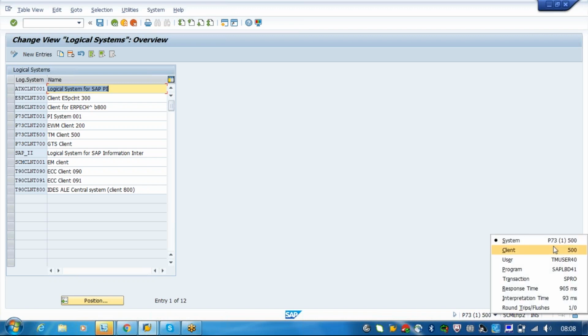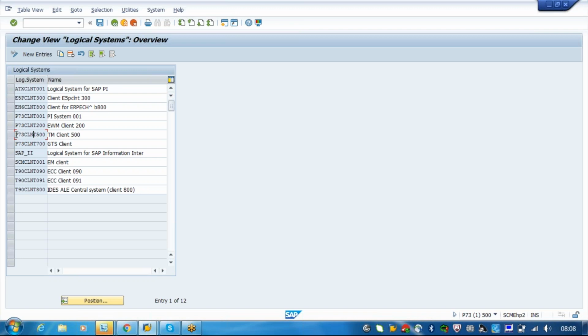In this case, P73 is your client name, 500 is your client number, and CLNT. So this is the logical system for TM.